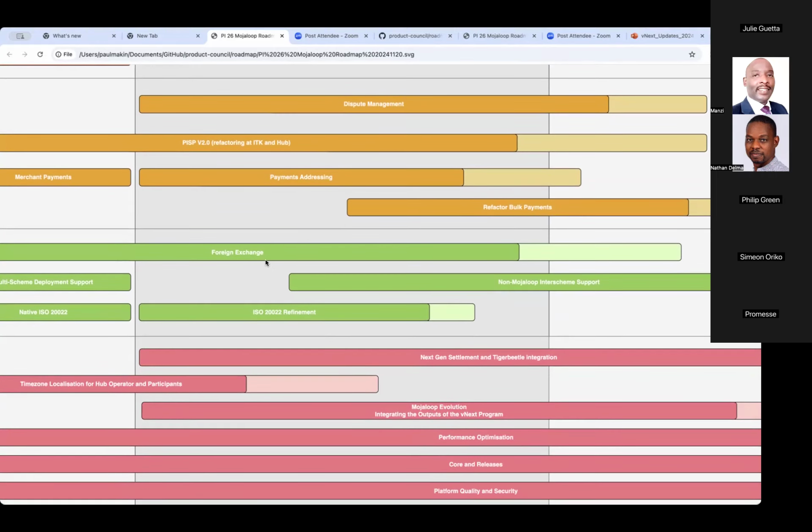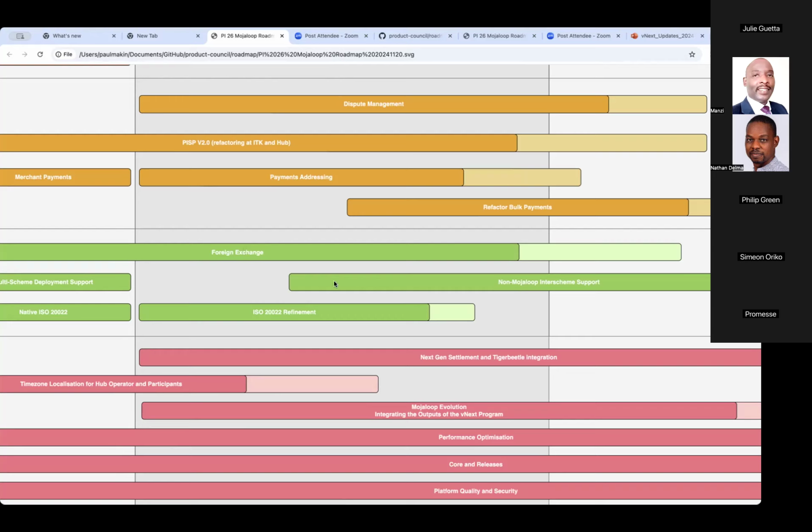Foreign exchange, that workstream has completed in terms of what COMESA needs. However, it only really supports one particular business model. So it needs to be extended further to support other business models. And that will require work both at the ITK and also at the hub. So that will come in the coming months. It's probably not going to start instantly, because what's there at the moment is adequate for COMESA. But we do need to keep in mind that foreign exchange is not yet complete for all potential future deployments. So it's not a huge amount of work, just needs a bit of extension, that's all.